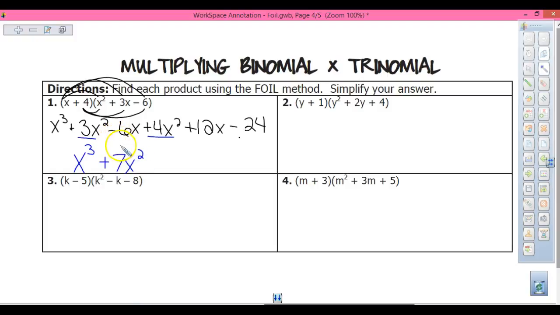And then I've got a negative 6x plus 12x plus 6x, and then what just comes down? Minus 24. So it's not bad, right? You're just doing it the exact same way, except for now there's 3 of them over here. All right, so your assignment